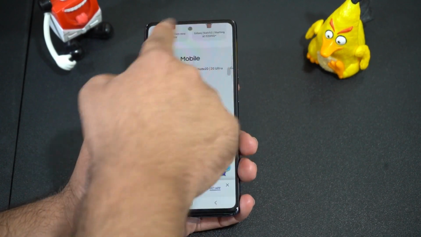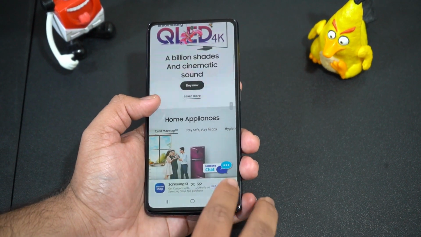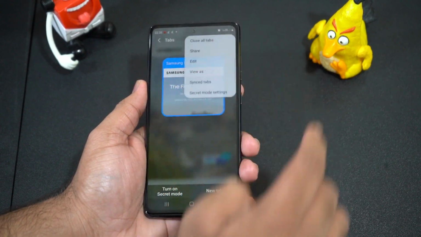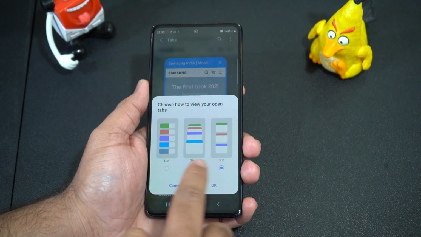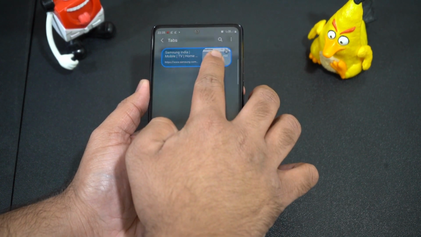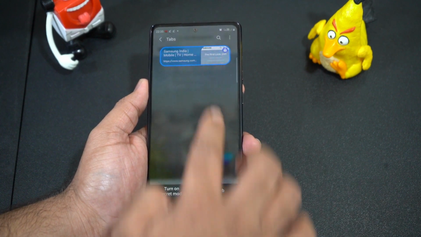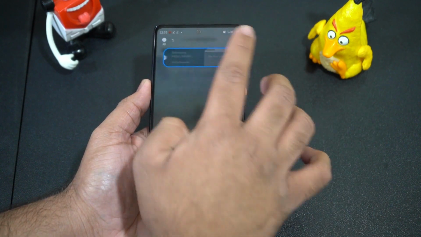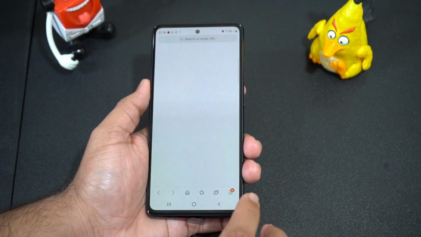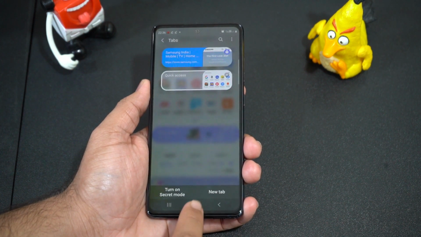In the Samsung internet browser, you can hide the status and navigation bar for a more immersive experience. The look of the tabs page has been revised as well, and you can change the look of the open tabs as per your liking, whether you want a list, stack or a grid view. You can also rearrange the tabs and lock the tabs so they won't close even if you swipe them by mistake. So this can be a really helpful feature, but I don't think many people still use Samsung browser over Google Chrome, but still it's a good addition.